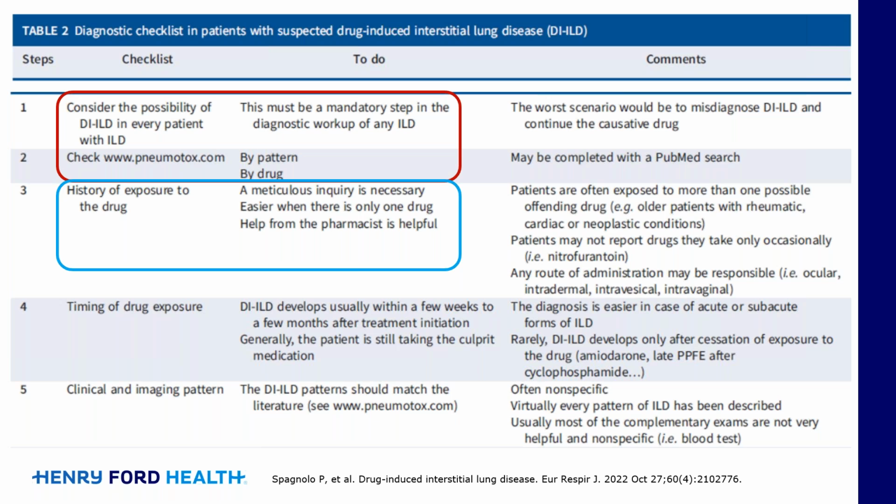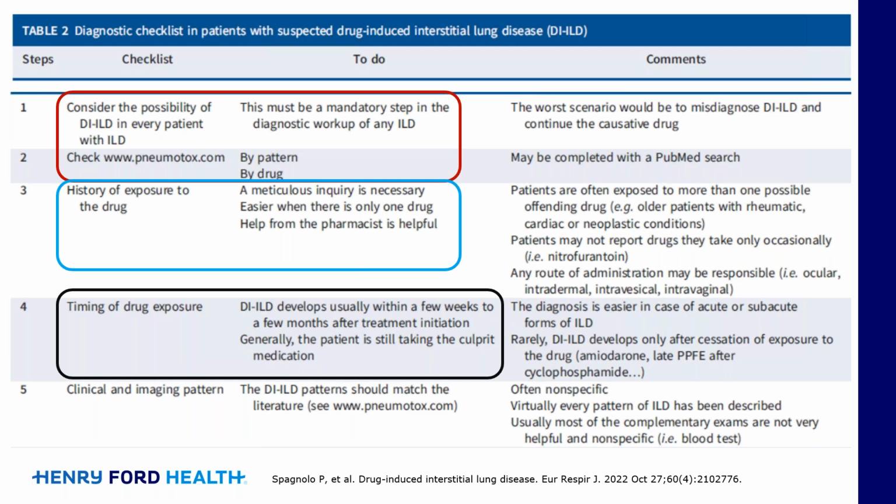Our patients with lung cancer can be on multiple chemotherapy agents, and things may change over time. So really describing exactly which agents were used for what duration of time, and when the CT changes occurred is really important. So understanding the temporal association is very important. And then what was the pattern? And I think one of the important points that they mentioned in this checklist is to see if the pattern, the clinical and the imaging pattern, has been described in literature before by